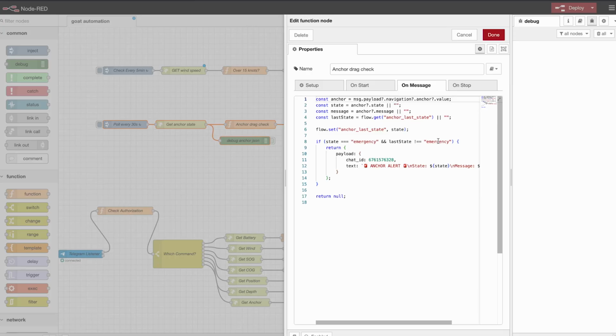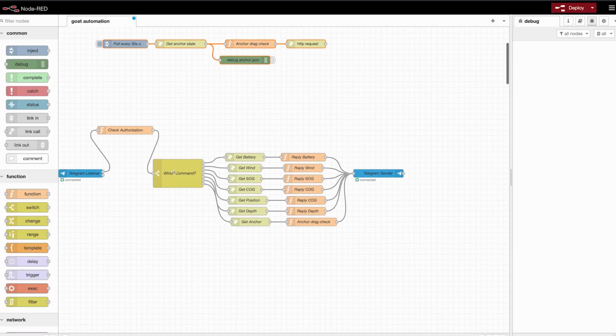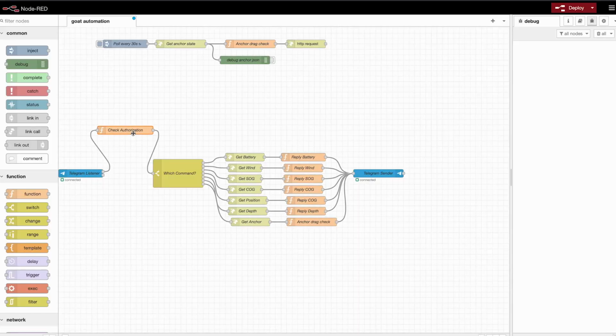If everything is okay, everything is okay. Then I created this other flow here with a Telegram listener that listens in Telegram, waiting for the bot. So when you write something to the bot on Telegram, it will catch that, get a notification, be sure that it's me, and then it can tell me